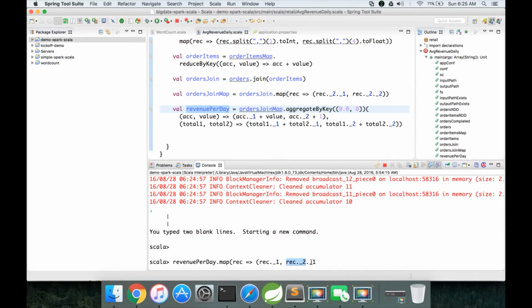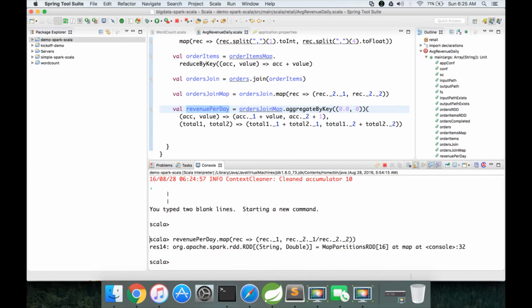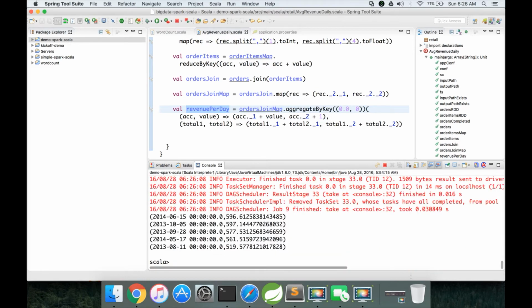This represents the second element, and this represents the first element of the second element. The second element is a nested tuple, and the first element is the total revenue. And then we can get total orders by saying rec dot underscore 2 dot underscore 2, and close the bracket for the tuple and for the map function, and hit enter. Okay, and we can preview the data. We are not creating the variable here, we are directly running this one to preview the data for each println, and then you will get the average revenue.